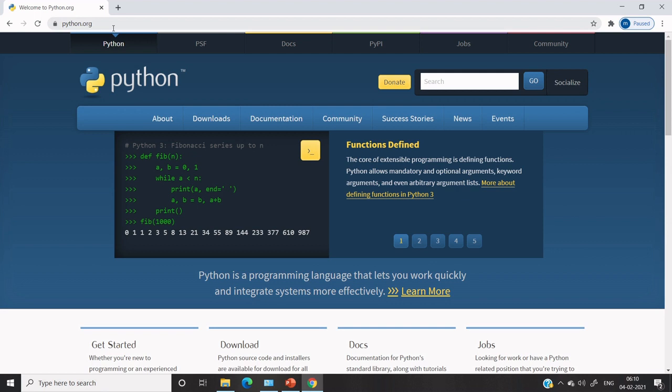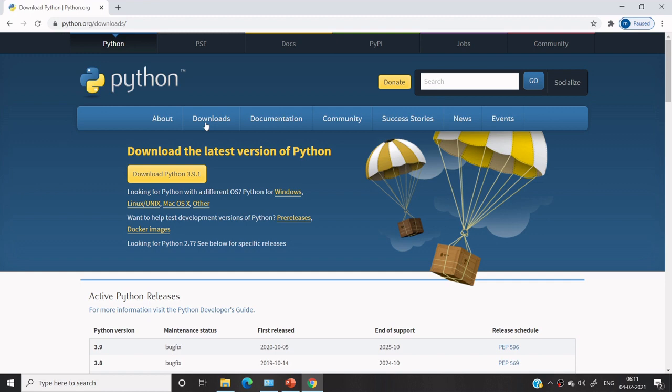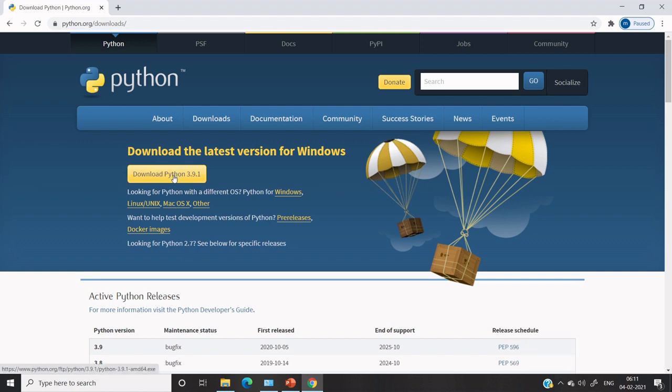Now we will get into this web page where go to the downloads. You could see the download the latest version for Windows. Click this one.